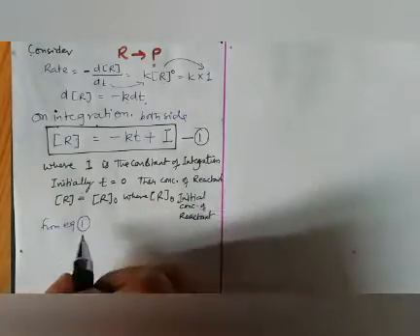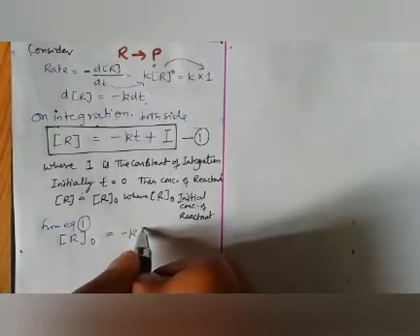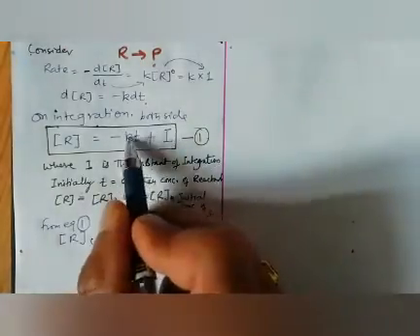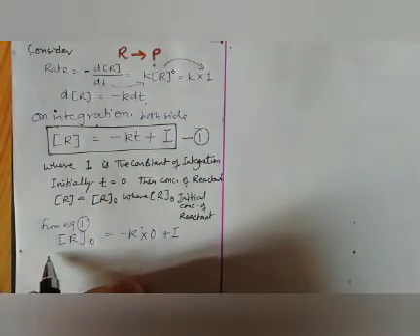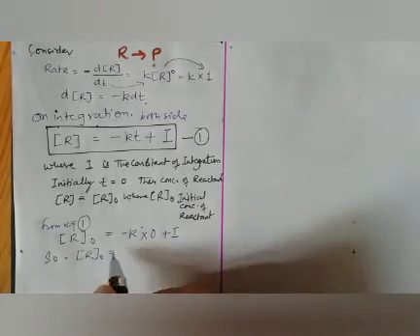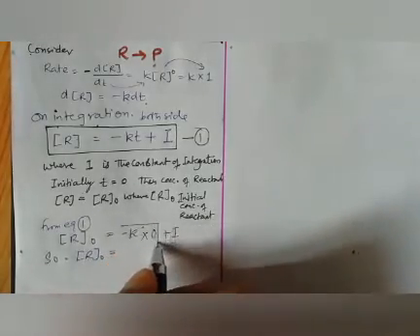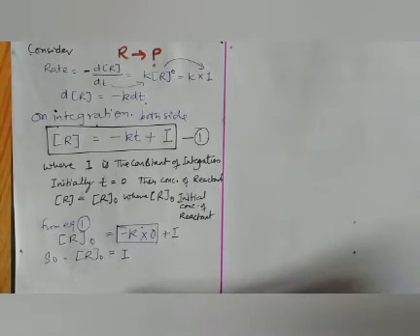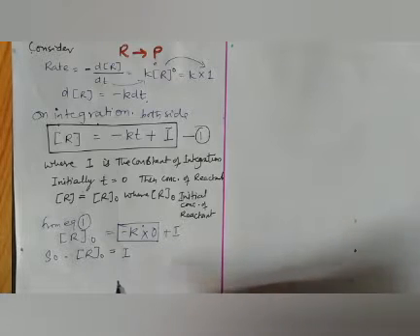From equation 1, R changes into R naught minus K T. Now you know T is 0 here initially, so T is 0 plus I, so delta R naught is equal to minus K into 0, which is 0. This whole equation is becoming 0. So it becomes equal to I only. So it means that R naught is equal to I only.